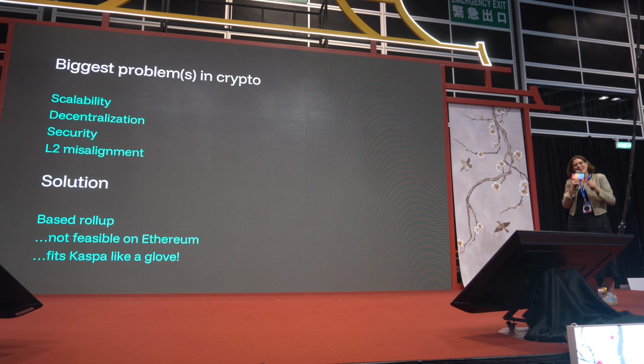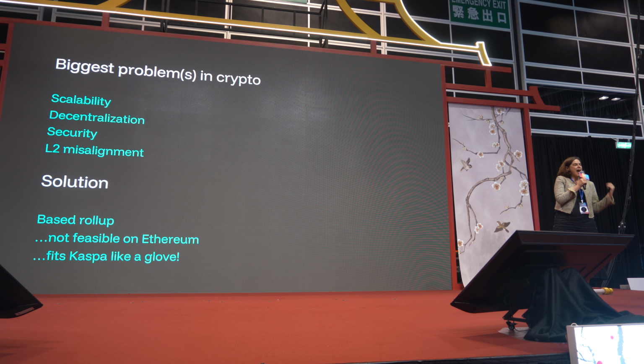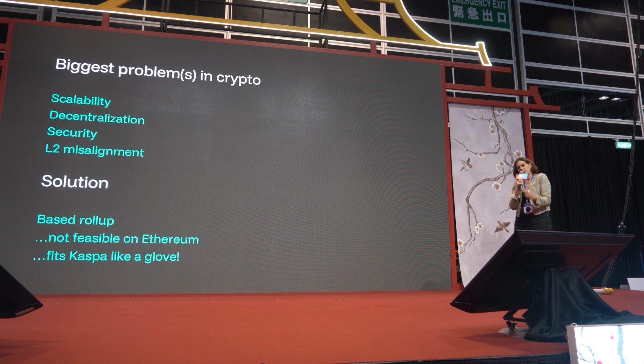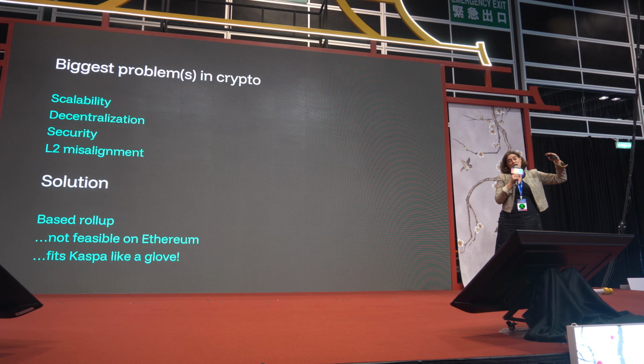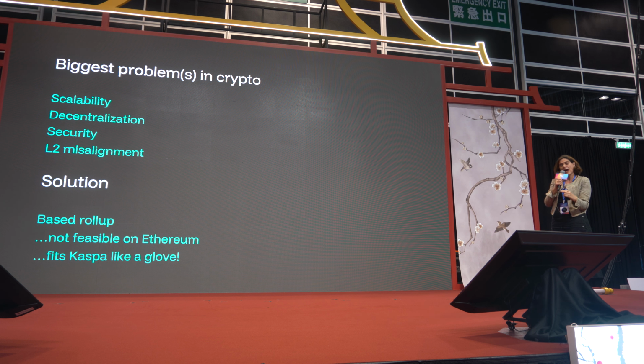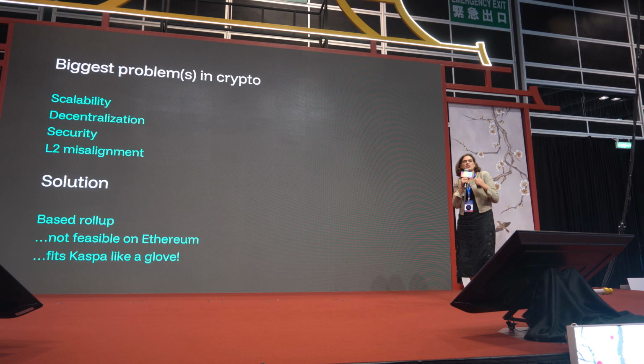There's a misalignment that is rooted in the fact that those L2s use a multi-sig bridge and don't have the same incentives as the L1 token. And that resulted in a lot of liquidity fragmentation and an attempt to slice and dice the different features that a blockchain really has, right? And if we were to break it down, what we see is that you need data availability, execution, sequencing, and consensus. And the existing L2s in the ecosystem only use the security of an L1.